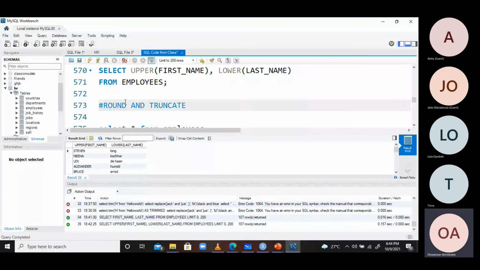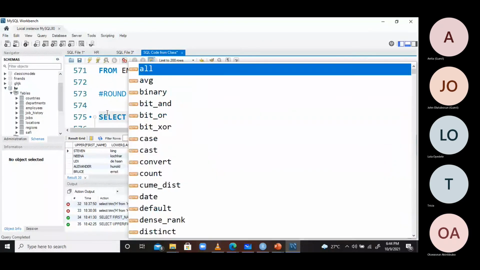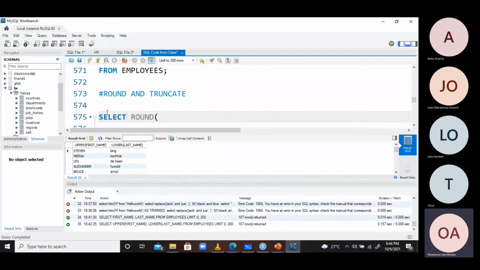Round and truncate, right? Round from mathematics means that you want to round up a particular figure. So if I say select round 9.53, comma,